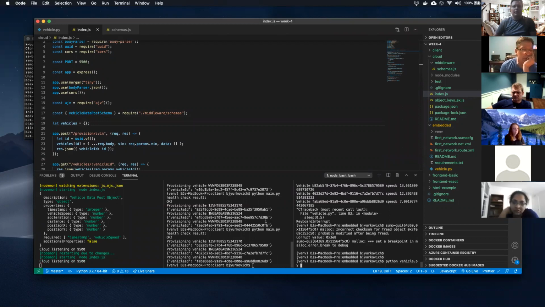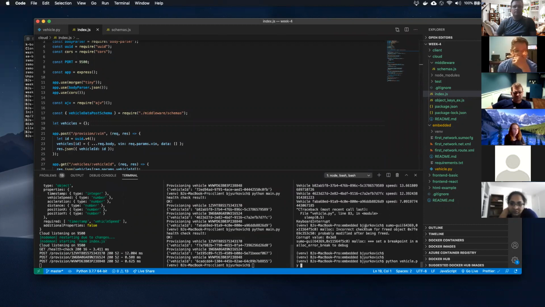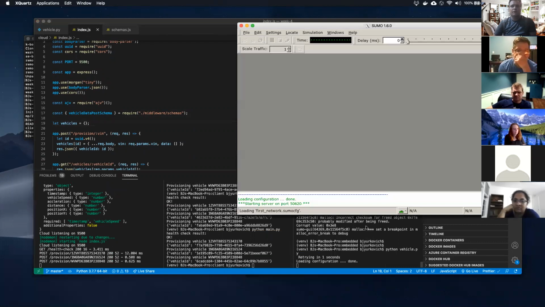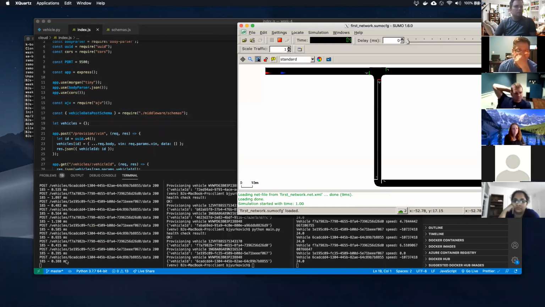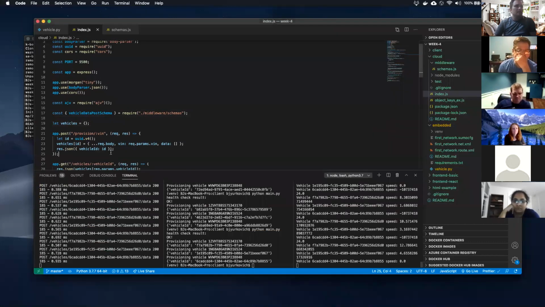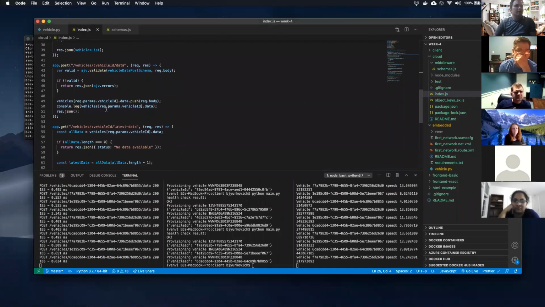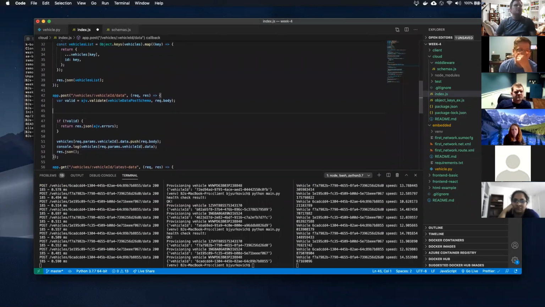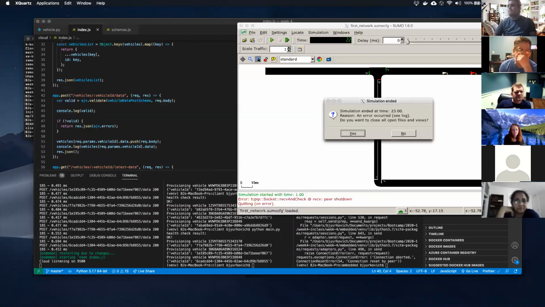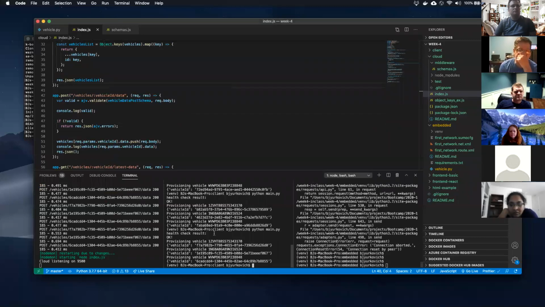And we've got to run our provisioning. Let's see. That shouldn't work, right? So let's see how that's working. All right, so let's just see what valid is.